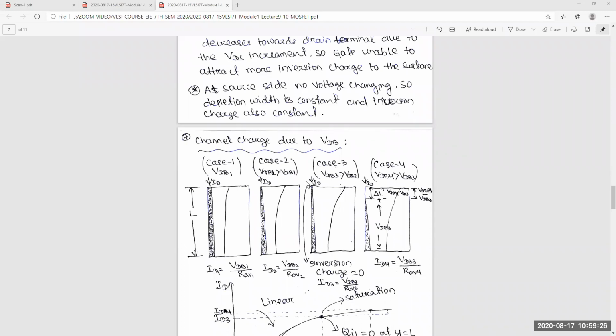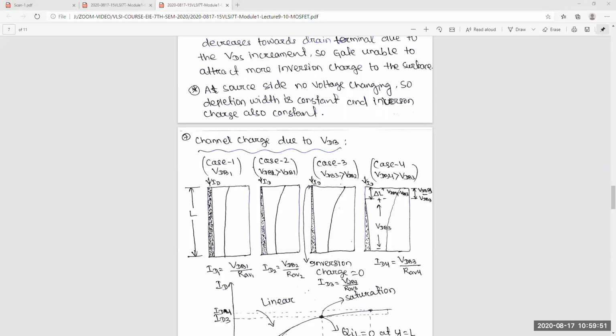Yes or no? Because the profile is the same, but in one case the length is more and in the other your length is less. Okay, length is L minus delta L. So that's why resistance R average 4 is less than R average 3. Yes or no? Yes, sir. So I think everyone is clear about these 4 figures at the physical level. Yes, sir.